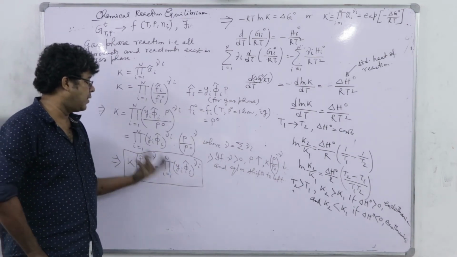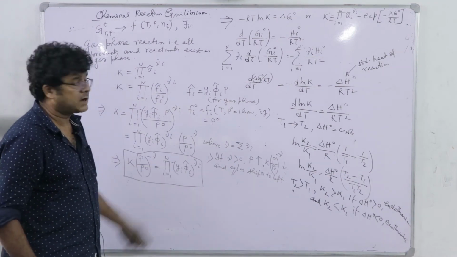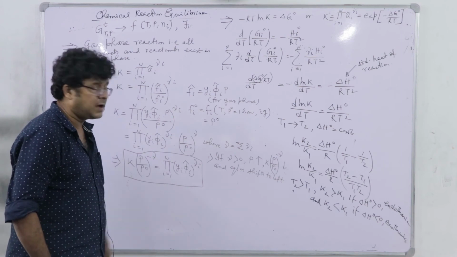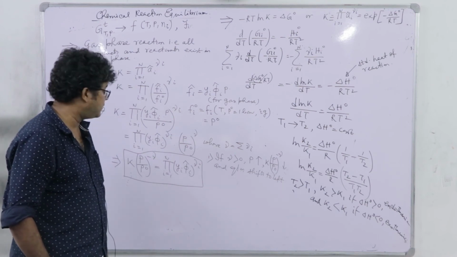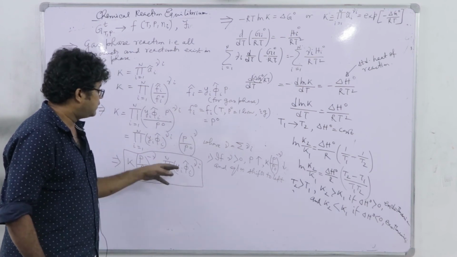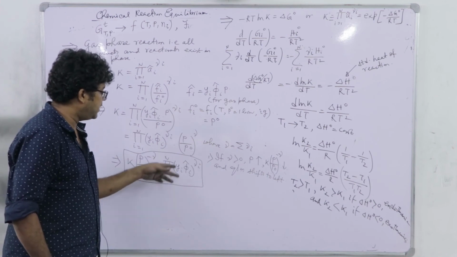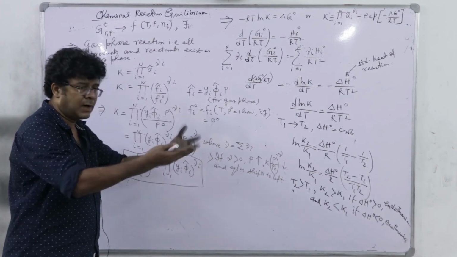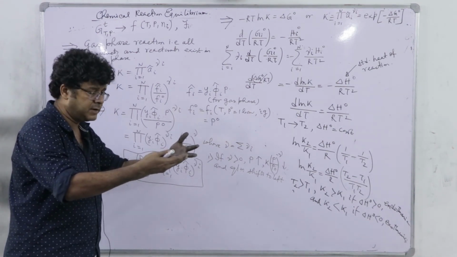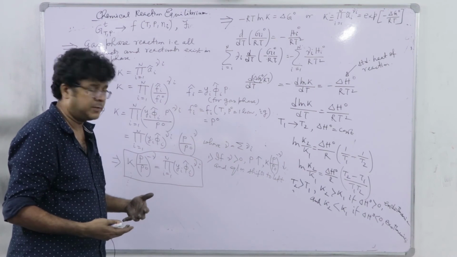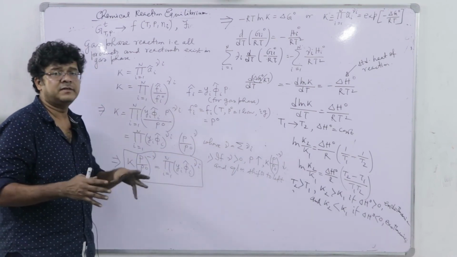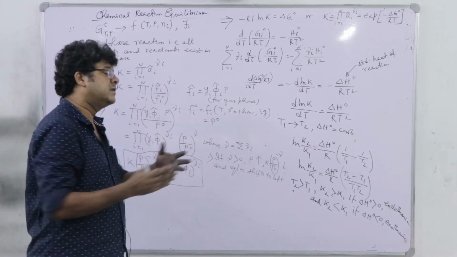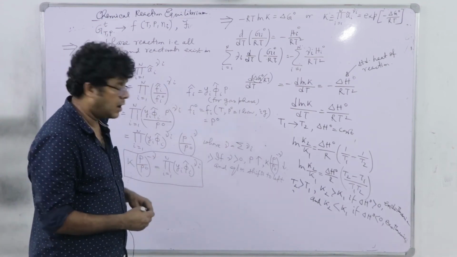You may ask what sort of functionality we are considering for phi I cap, but even if we drop it, say we drop phi I cap considering the vapor phase to be ideal, we can simply justify that in this ratio, the Y for the product will be in the numerator, and the Y for the reactant will be in the denominator. That entire term decreases, meaning the mole fraction of the product decreases, and the product yield is being compromised.